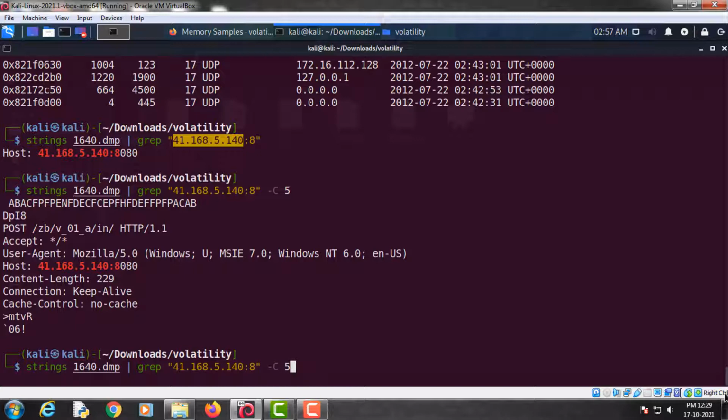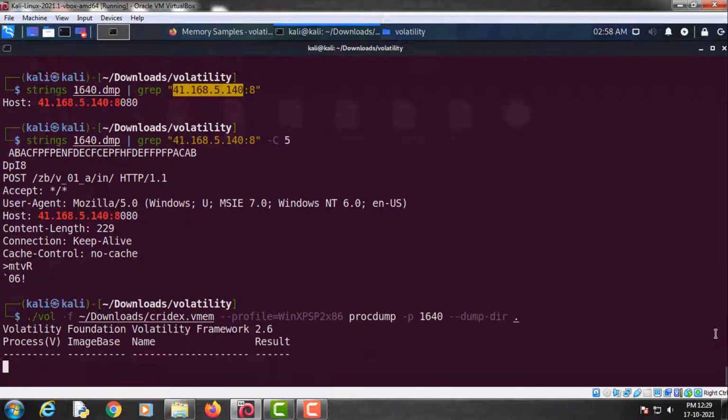For this purpose we will use the procdump plugin, -p 1640, --dump-dir, which is the present working directory. As you can see, we have extracted the executable from the process.